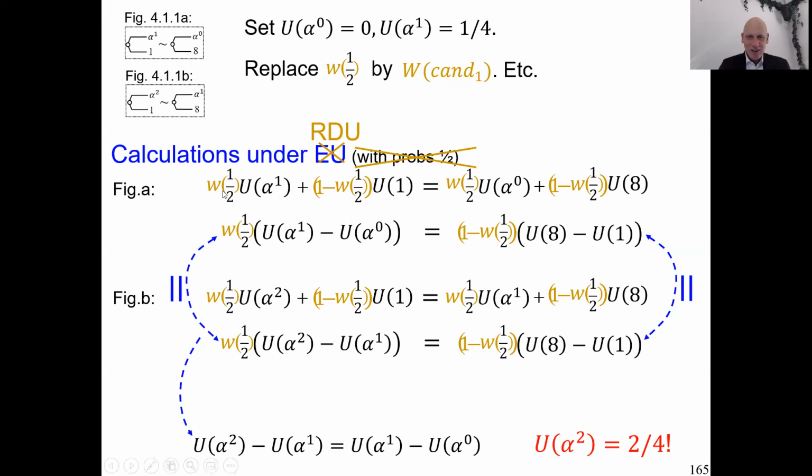But anyway, whatever you write there, W half small or capital W of candidate 1, or 1 minus capital W of candidate 2, whatever you write there, it's cancelling anyhow. So the similar reasoning continues to be valid, and indeed, it continues to be true. Also, the betas were equally spaced in utility units, and in particular, the betas have to be equal to the alphas. So that prediction that we made holds in great generality. It also holds if ambiguity attitudes play a role, if we have rank-dependent utility for uncertainty.